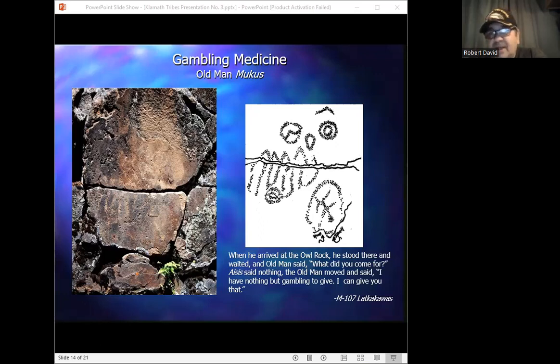Or differently stated, owl medicine gave the gambler the power needed to discover their opponent's tells, while they arranged the gaming pieces under the concealment of the pa'ala, or when the arrangers reacted to the guesser's preliminary guesses. I'll explain that in just a moment. So owl's medicine was a must-have for those who were serious about gambling.